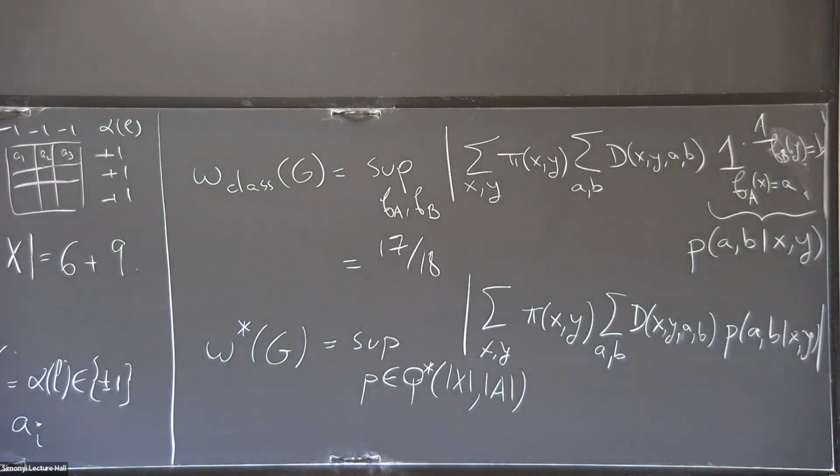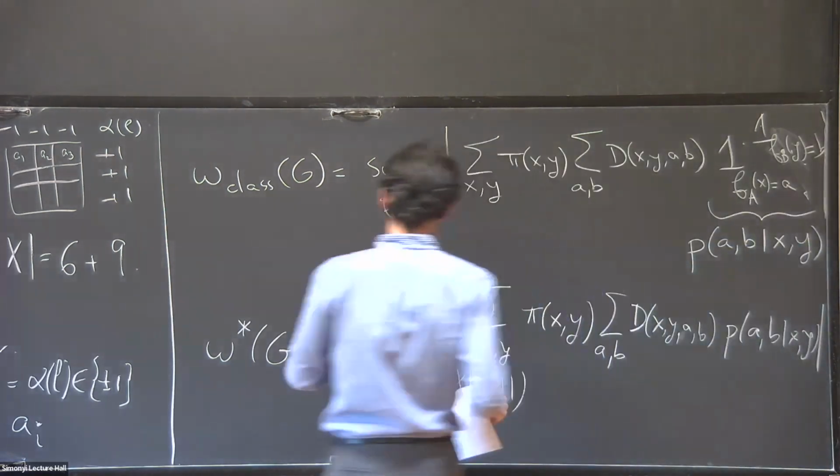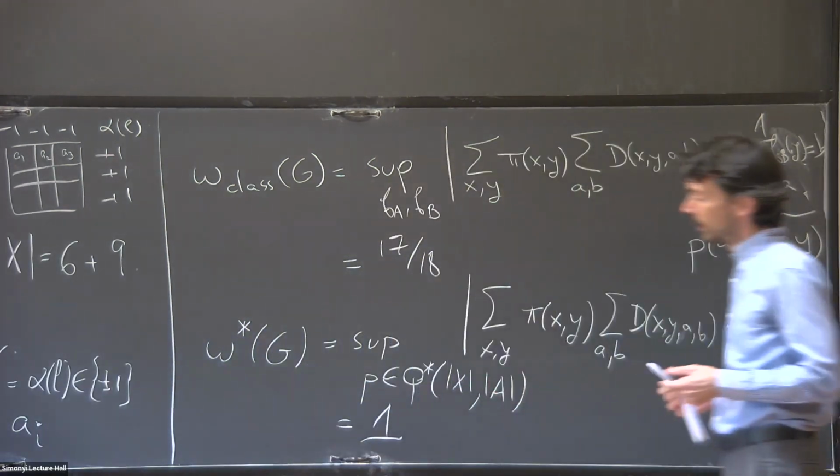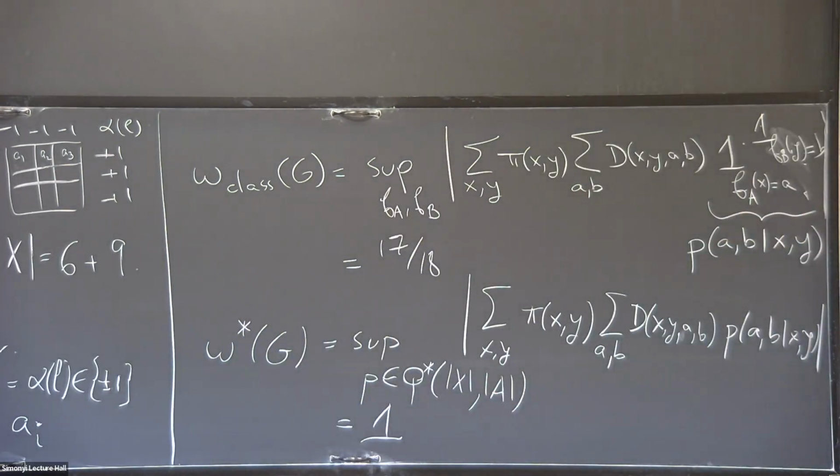So what this just means is that now I'm allowing the players to generate, given questions, a distribution on answers according to any family of distributions that has the form that's up there on the top left. You can try to compute this and actually we'll do it a bit later. And so what happens is that in this case you get 1. So there exists a distribution in that set that gives you value 1.